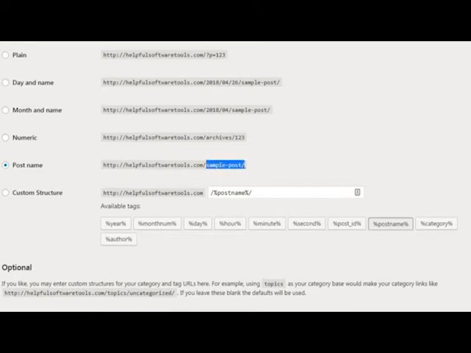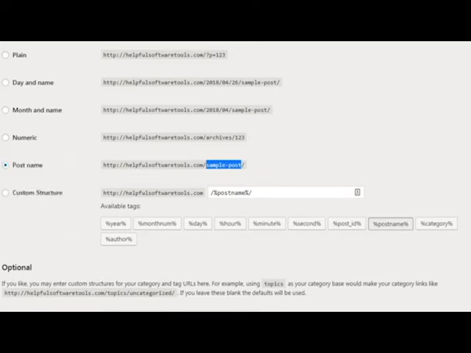So what this is going to do is every time you create a post or a page, it's going to title the actual post and page and put it in the URL. However, you see if you choose a numeric option here, then when Google comes to your page, they're not necessarily going to know what this URL is about. They're going to look for the body tags, but in this case, the URL structure is by no means search engine friendly. So as you can see here, the plain version is just P equals 23. As a human being as well, you don't really know what that URL means,